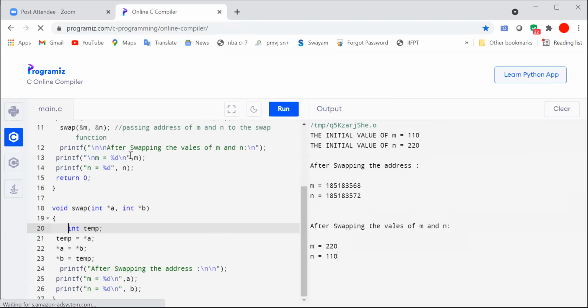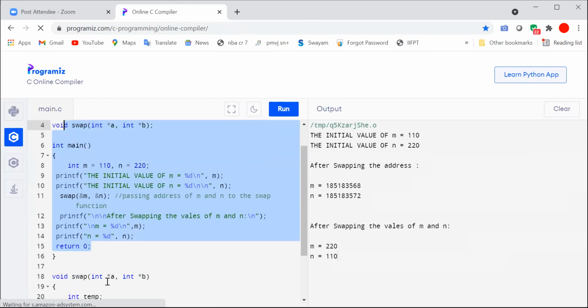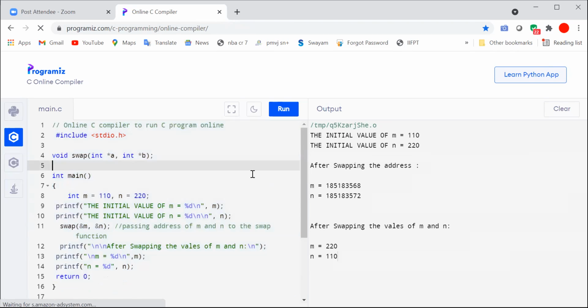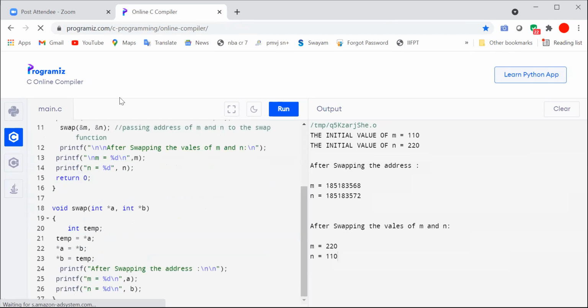If you use A and B here, it will show an error message. The scope of this variable is within this block. The same way, the scope of the variables M and N is within this block. So we cannot use them interchangeably. The official name cannot be used in place of the pet name, and the pet name cannot be used in the official form. Like that. Got the idea?